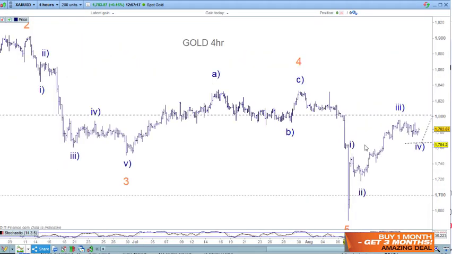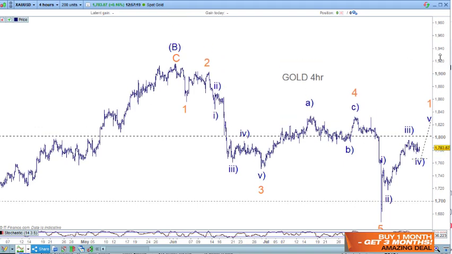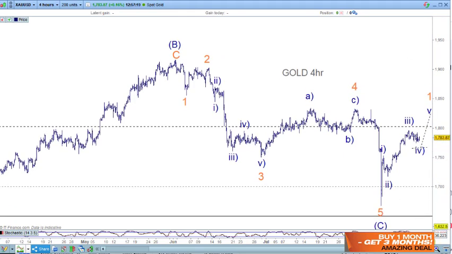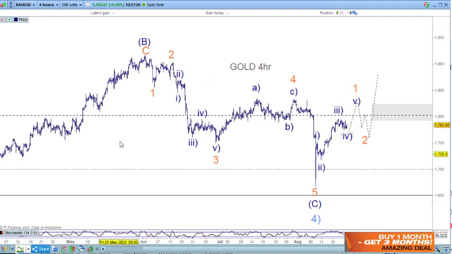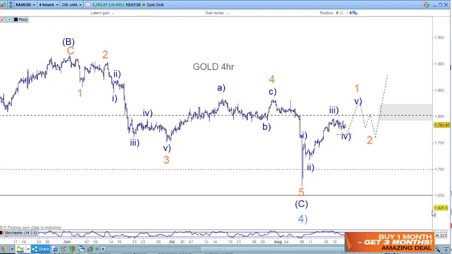Yeah, okay, so we'll just go over this. I mean, it doesn't hurt to look at other counts and understand when they're wrong and right. So 1 and 2 and 3 down to here, and an A and a B and a C for 4. There's a big relationship between 4 and 2 here, but I'll leave it at that.